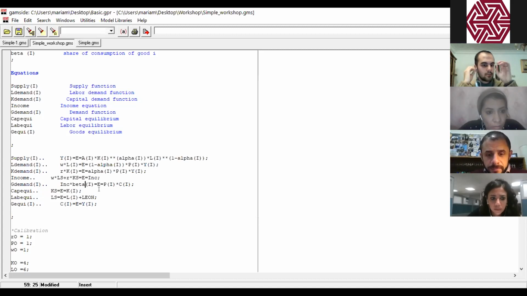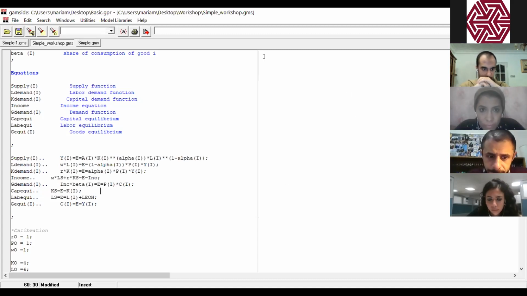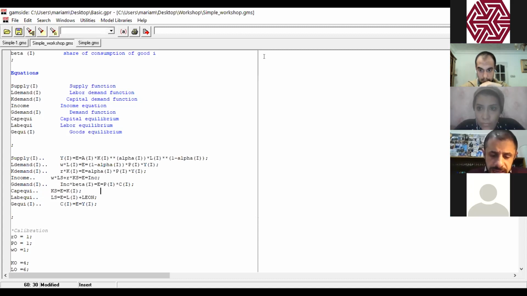Sum is in which equation? I will send you this in the chat box. So in this case, capital supply must be equal to the sum. We need to add the sum because we will sum the capital of the two sectors. Exactly. And also for the labor equation, we need to add sum before L. Fuad sent it.